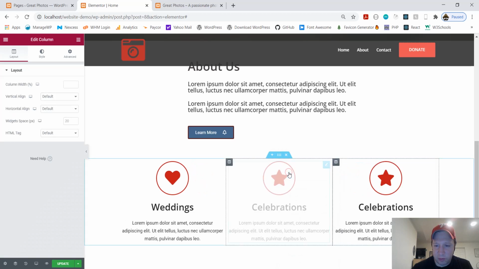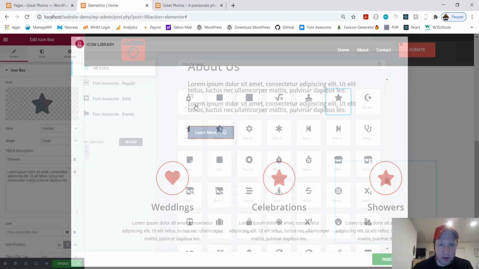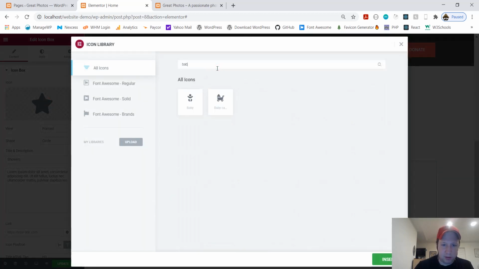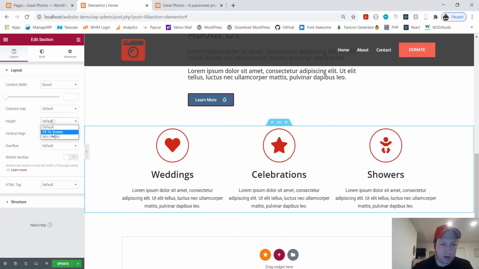And then we have another one. Let's say this is baby showers. And I think there's a baby in here. Yeah, baby. Right? These are pretty standard, using these icons like this, and you could play around with it till you get what you like. Or if you see a site that you enjoy or think looks good, by all means, just copy it.